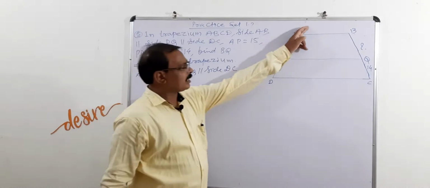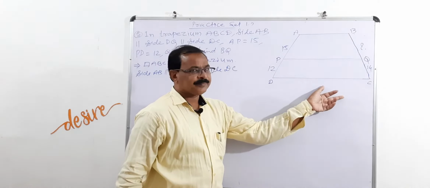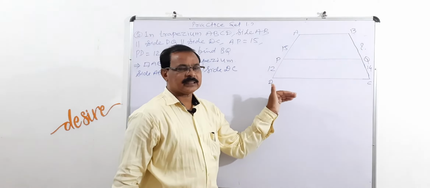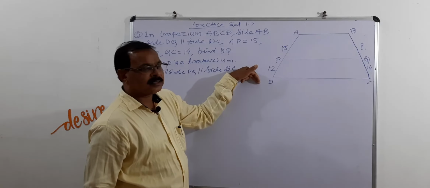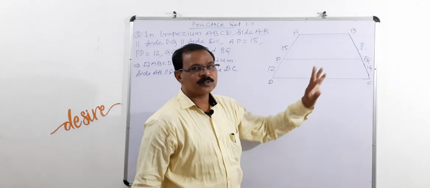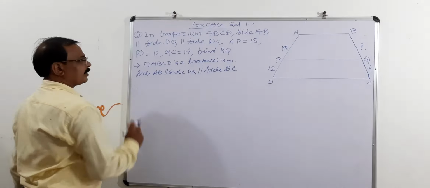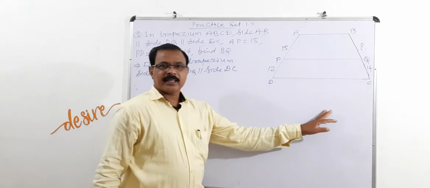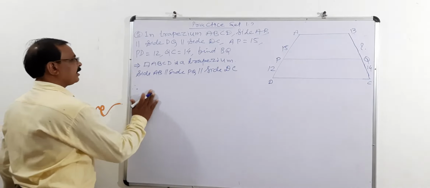Means all three sides AB, PQ and DC are parallel to each other. Here AD is a transversal. Also BC is also a transversal, and therefore by three parallel lines and transversal theorem we can write here